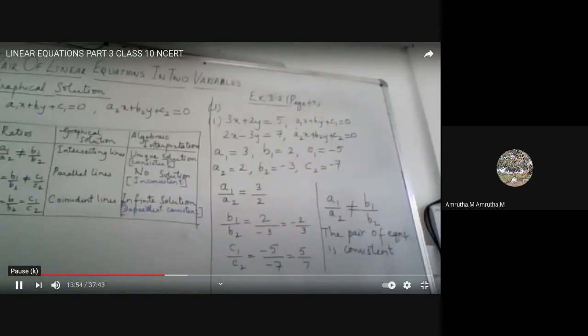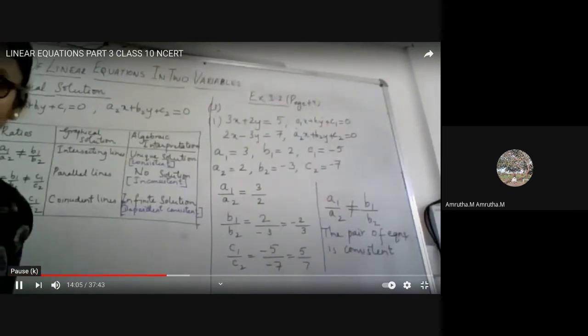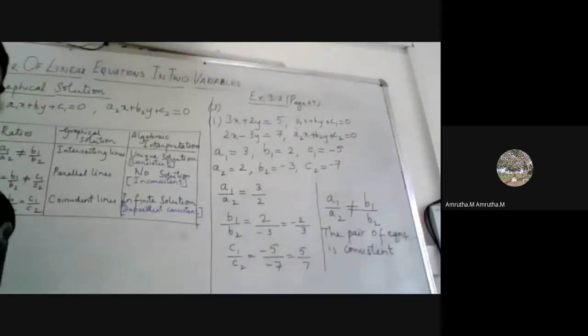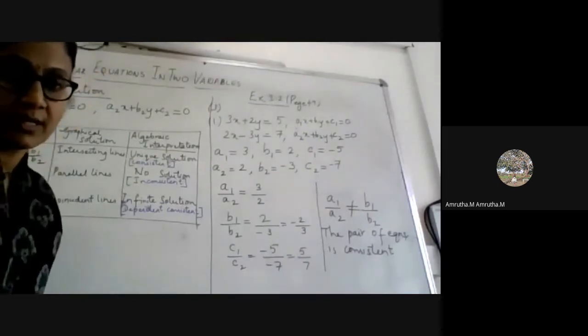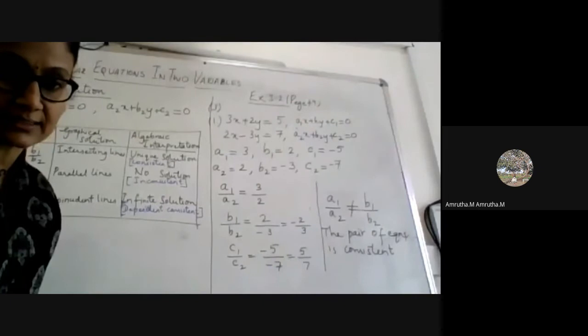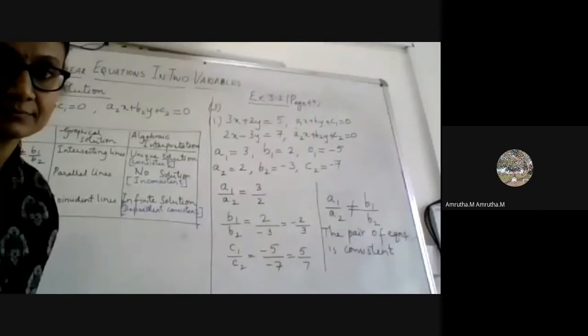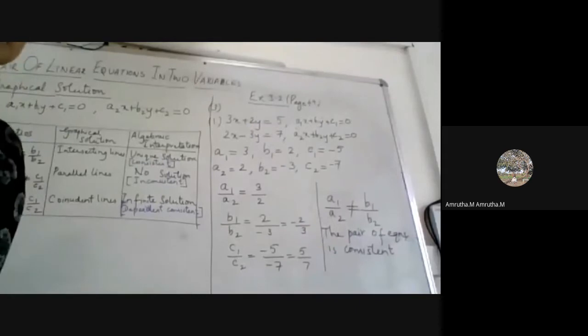The second set of equations is 2x minus 3y equals 8, and the second equation is 4x minus 6y equals 9. So first write it in the general form. Then compare to find out what is A1, A2, B1, B2 and then C1, C2. Then find their ratios, which will allow you to tell whether it is consistent or inconsistent. Try the second one and tell me whether you're getting consistent or inconsistent.